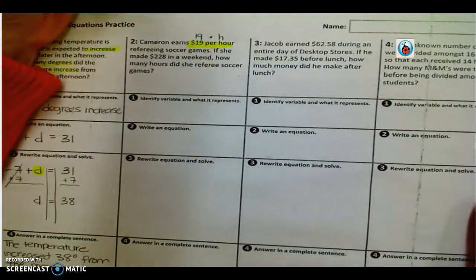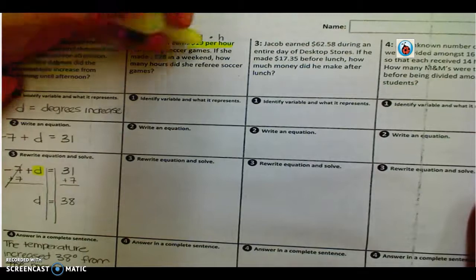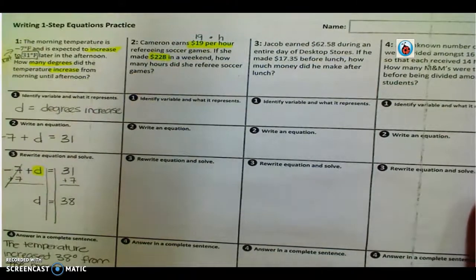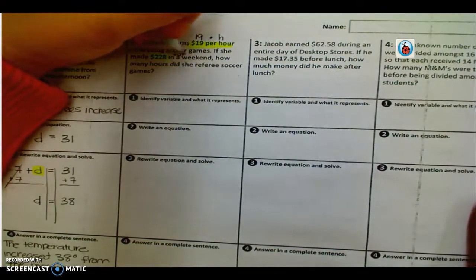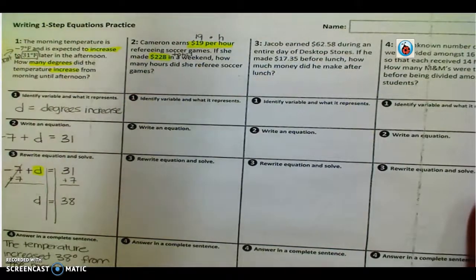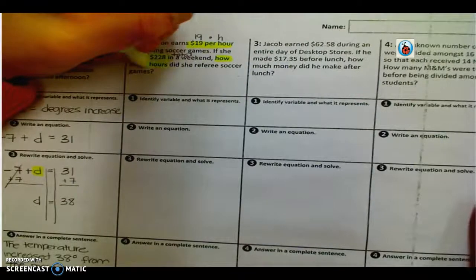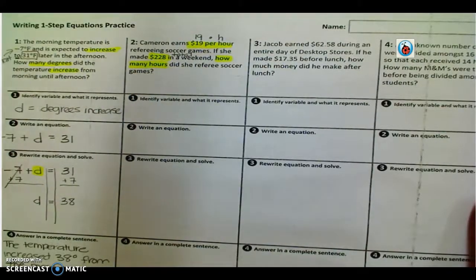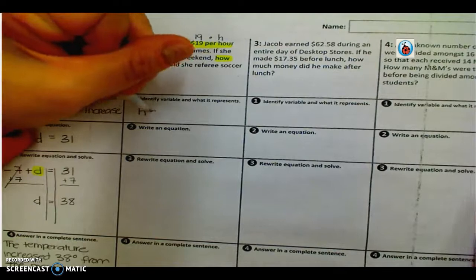I might not know how many hours. This 228, that's a total amount because it's telling us that she made that, so that would be an end result. Here's our question, how many hours? Okay, how many hours? That's our variable right there. Okay, so I'm going to use H for hours,